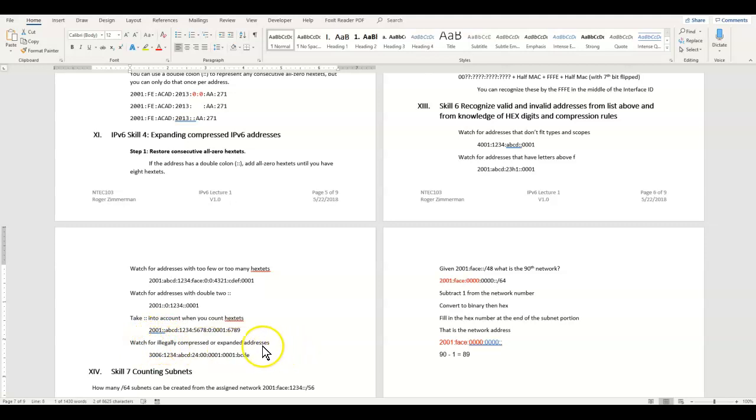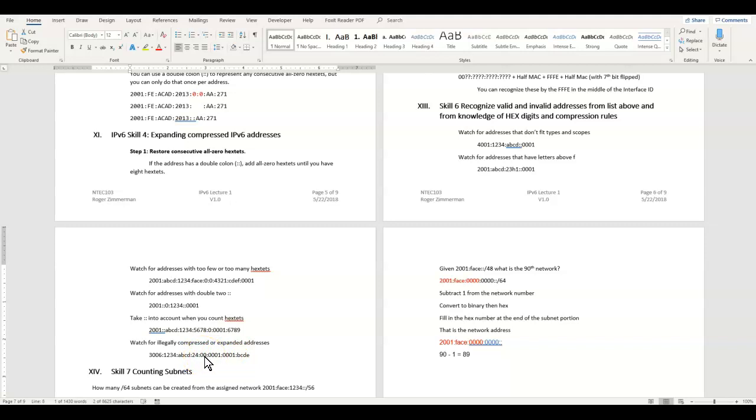Watch for illegally compressed or expanded addresses. In this case, this all looks pretty good. I've got a 0 here, except that you can tell that this is all expanded except for this one. It is not fully expanded. So this would be illegal. Likewise, if I were to take these zeros out and leave a double 0 there, it would be an illegally